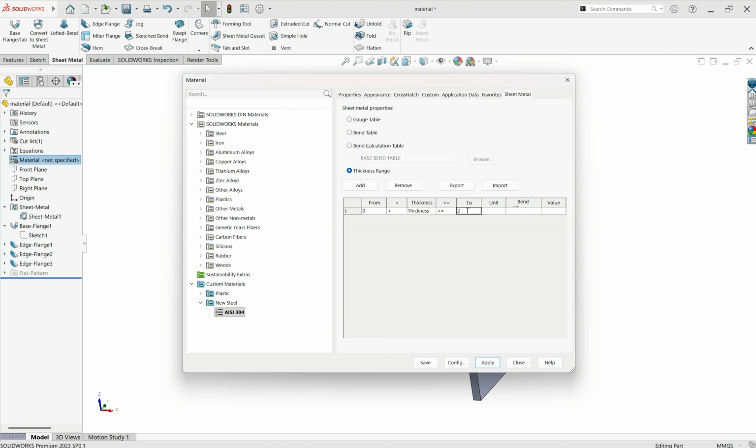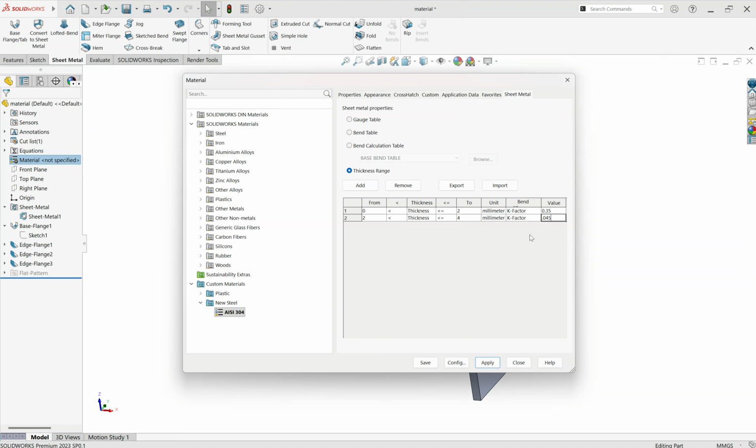Let's say, for example, the unit will be millimeters, and the bend factor is K factor, and this is for 0.35 K factor value. Again, Add. Now from 2 to thickness, let's say 4. For this the K factor is